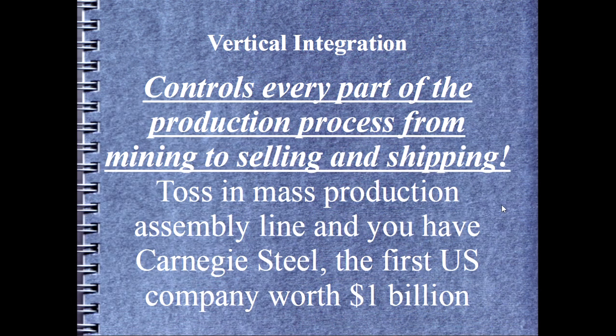So, I've got the mine. I got the shipping. I'm shipping the goods, say, sewing machines, and I start my own sewing machine company on the other end. I control the entire process, which means I can control the price, which is going to be very high, right? Because when you get mass production in the assembly line, you control the whole thing. You charge whatever you want. And bingo, Carnegie Steel, which has its fingers in mining and selling and everything else, becomes the first U.S. company worth $1 billion. Now, somebody tried to tell me that $1 billion is a lot more now than it was then. I say, I'll still take $1 billion anywhere you want.